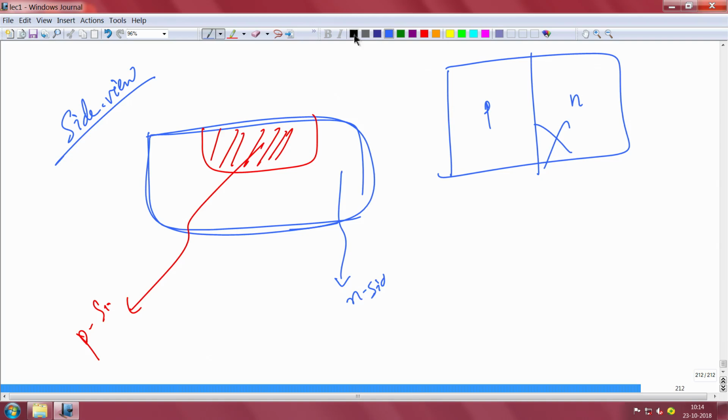This black is the metal. So I'm putting a metal contact on the p-type, and perhaps I put a metal contact on the n-type, and then I measure. So it's a PN junction here, right? There's a depletion region here, this is the depletion. In reality, it looks like that. Okay, you need to put a metal contact to measure.